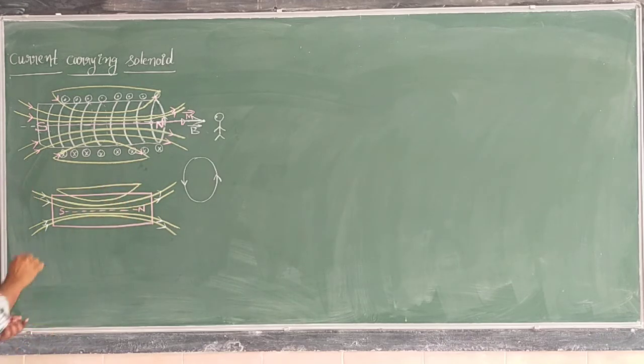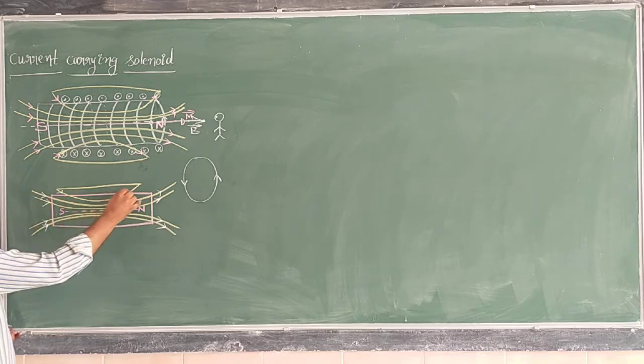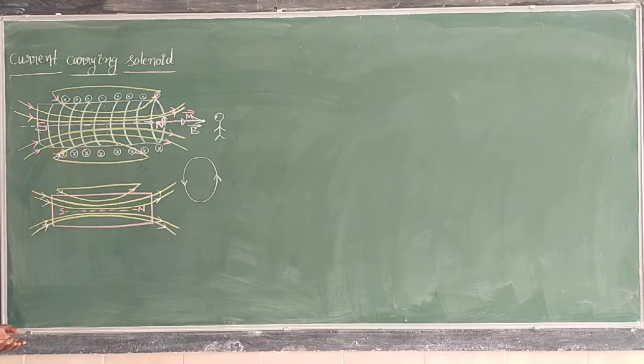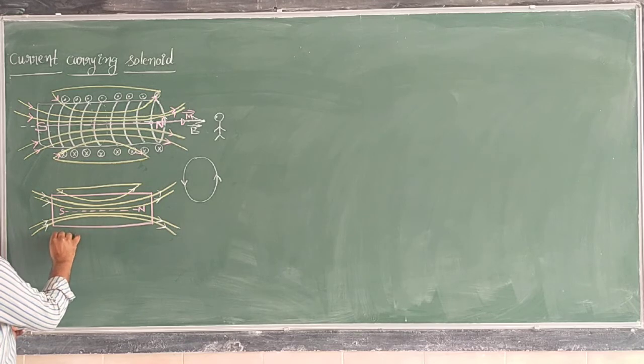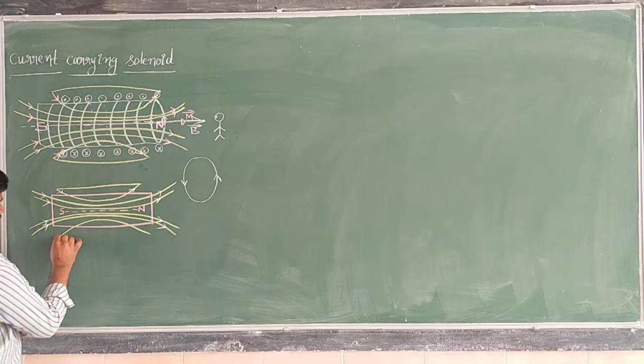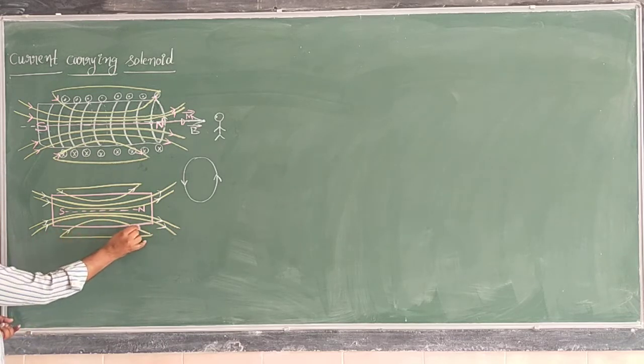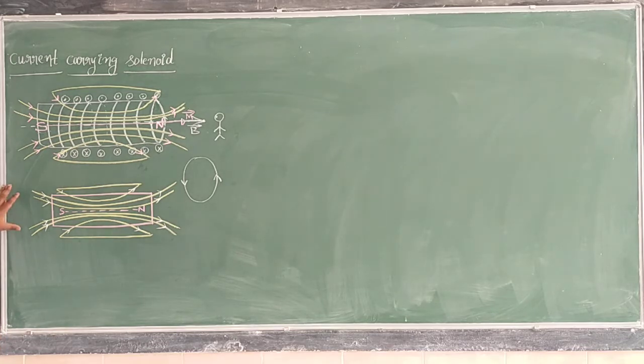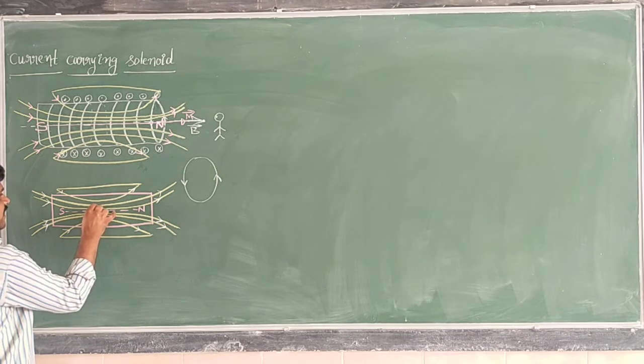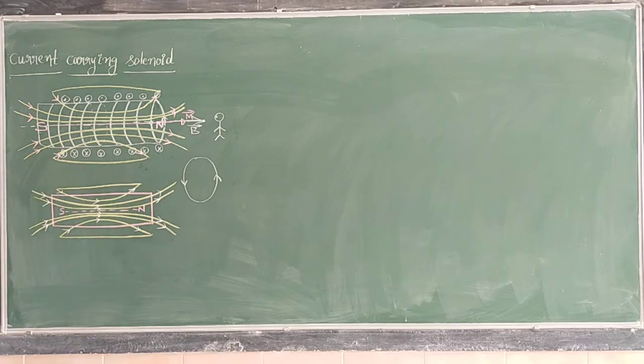Just see, here inward you show the magnetic field line, and at the north pole outward. One more also I can draw, like this side. At the south pole inward, at the north pole outward. That means inside the magnet, we can take south to north as the direction of the magnetic field. Outside, wherever it may be, the direction is north to south.